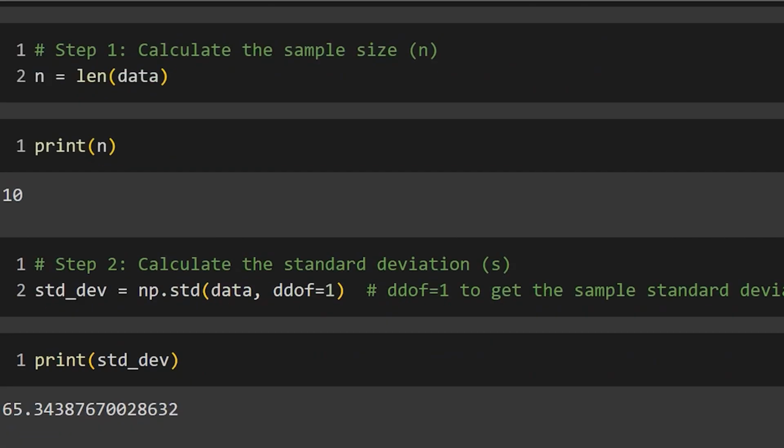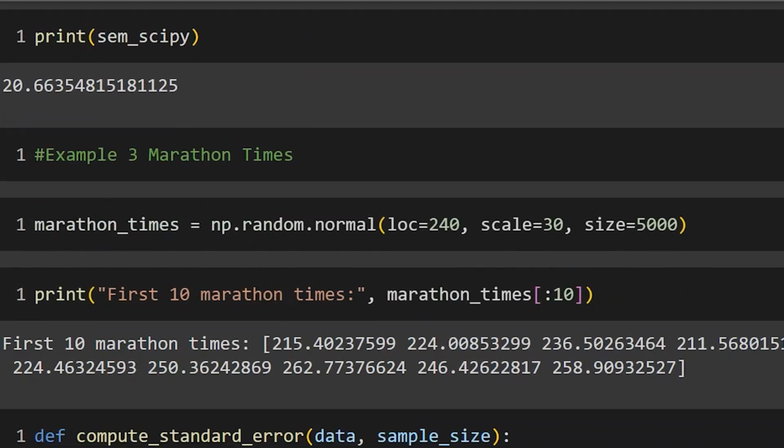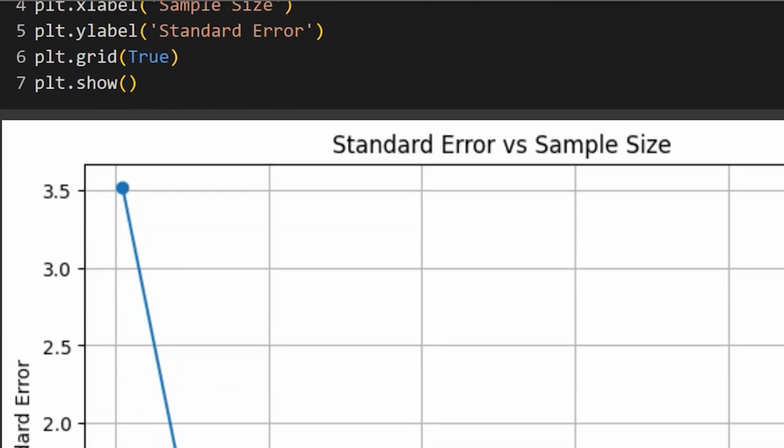Today's Python video, we're going to be taking a look at the standard error. We're going to be going through 4 different examples. The first example is going to be a manual calculation. Then I'm going to show you how SciPy makes this super easy. And we're going to close out the video by plotting a graph showing different sample sizes and the standard error